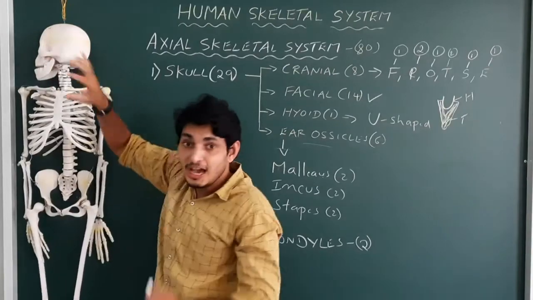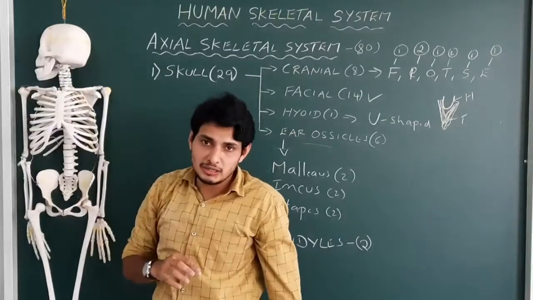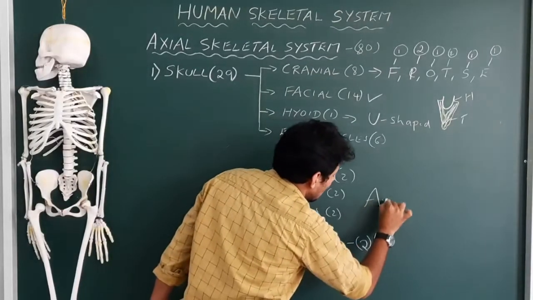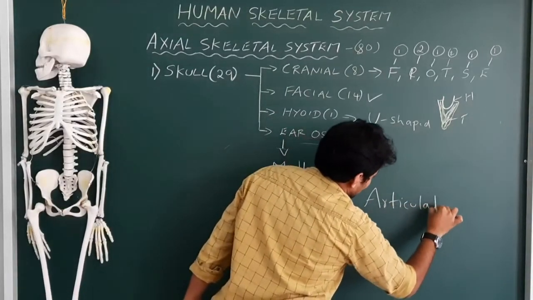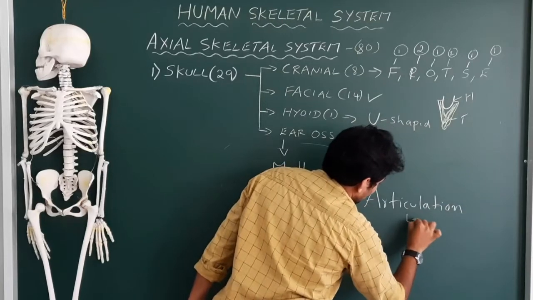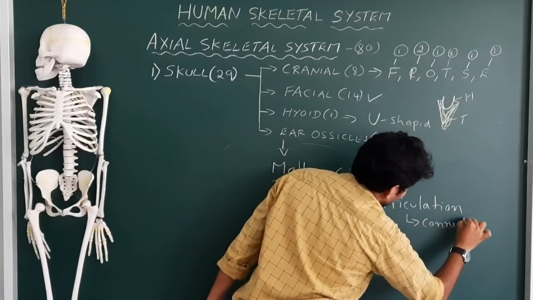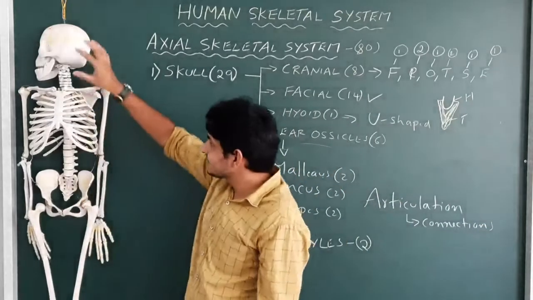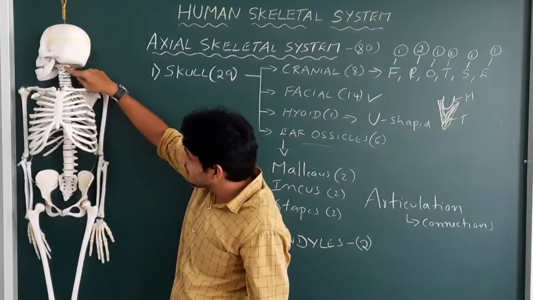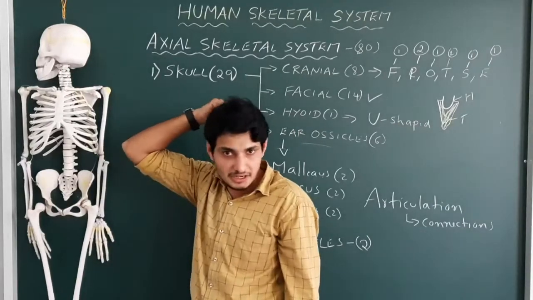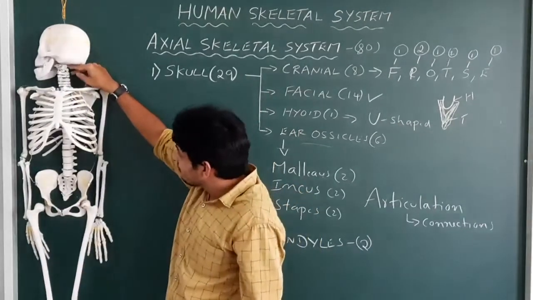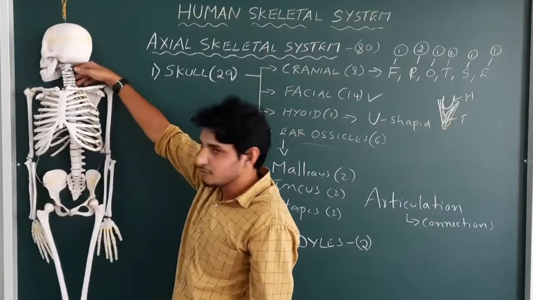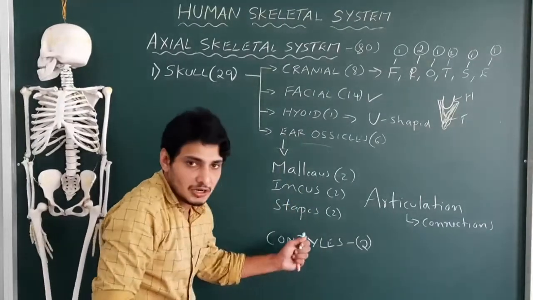Okay, which actually articulates. What is the meaning of articulation? That is connection. Articulation is nothing but connection. Let me write that word also. Articulation. That is nothing but connection between 2 different structures. Okay, connections, articulation. So here the skull is articulated with the vertebral column. See, the VC is connected to skull, right? Correct? Okay. So the first vertebra of the vertebral column is attached to the skull with the help of this structure which is called condyle.